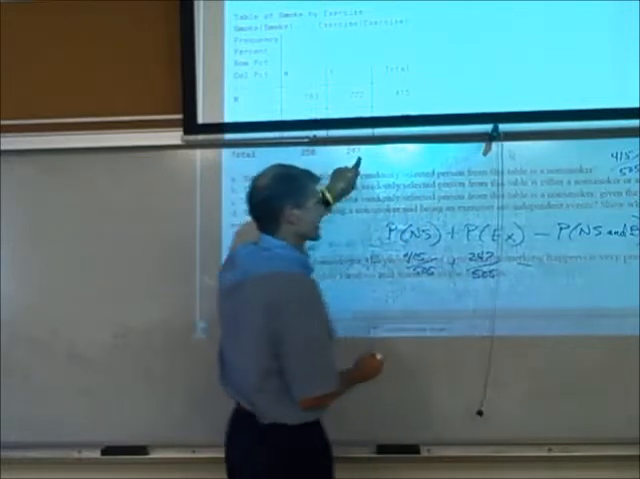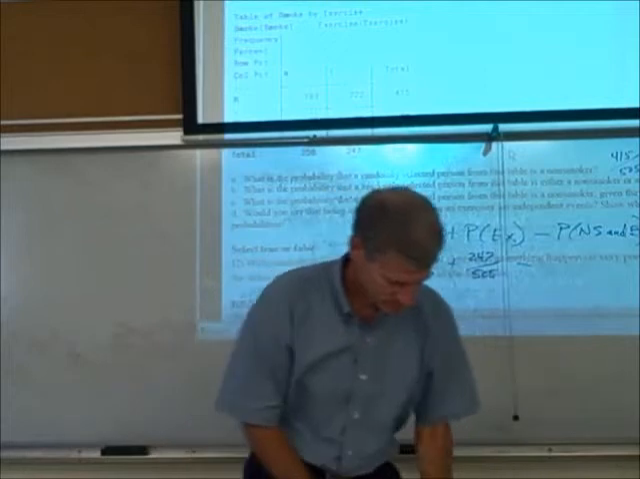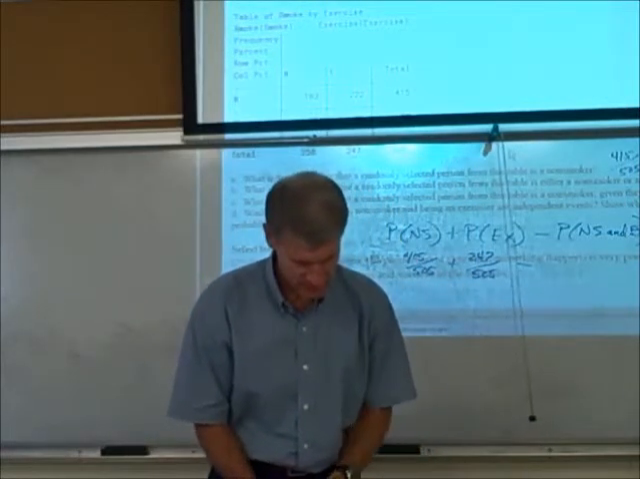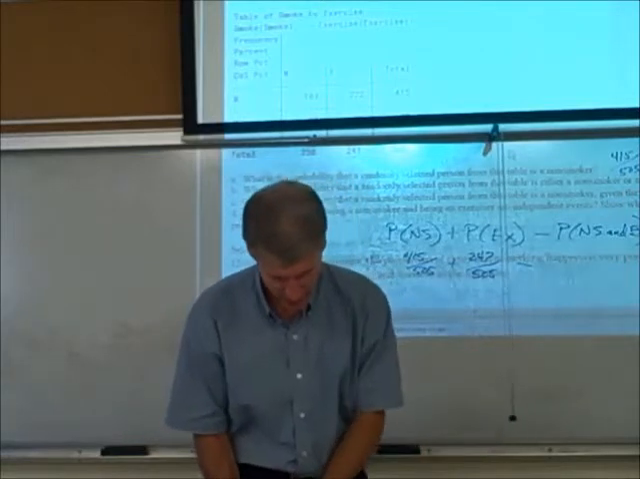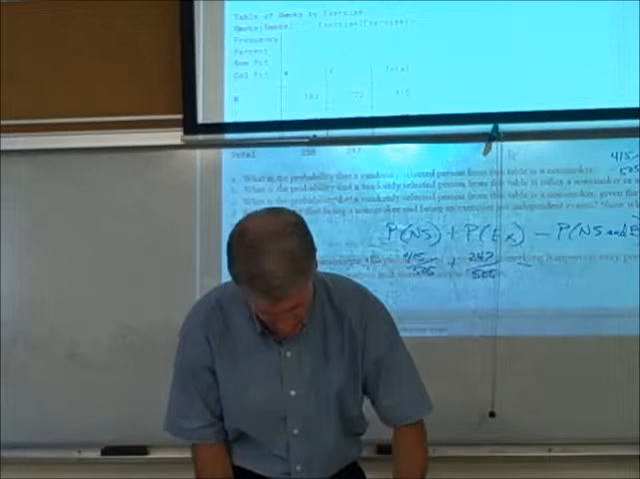Then I subtract off people who meet both conditions. And how many people are that? 222. So then,